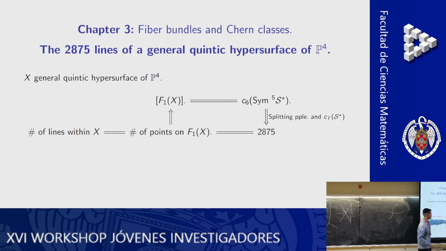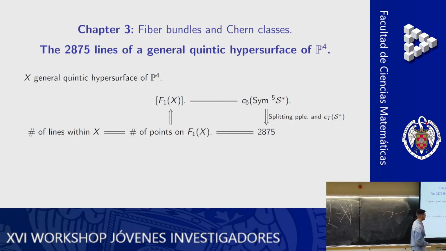And to get that number of points, we could just take the class of that subvariety in the Chow ring and compute what the class is. We are going to realize that this class is exactly a Chern class. Chern classes are really cryptic objects of mathematics, especially in algebraic geometry, so don't worry about them. The funny part is that they are so easy to compute in this case. And they have some properties that let us compute this number just by hand.